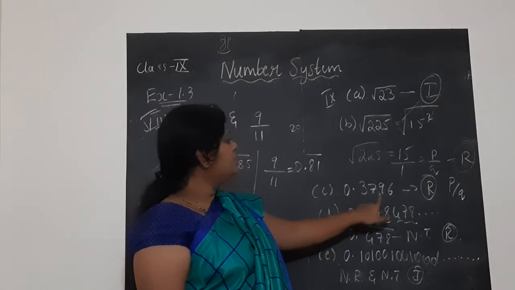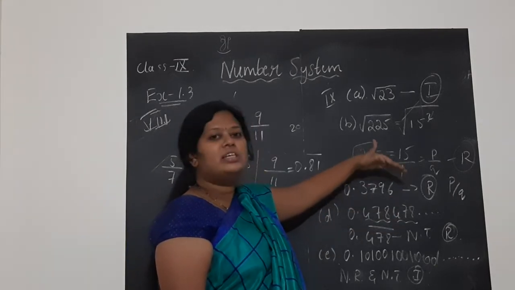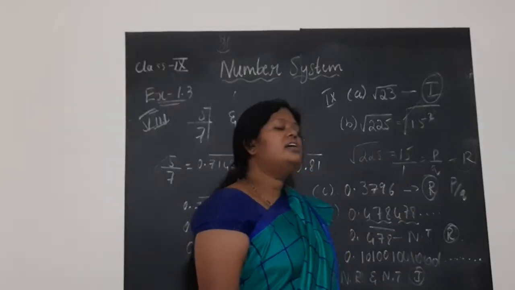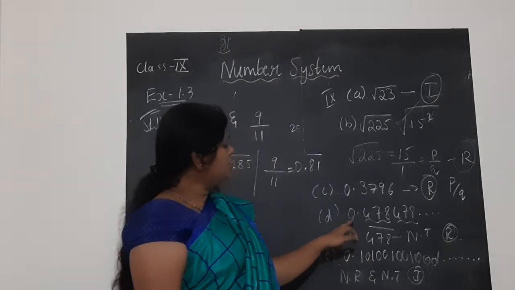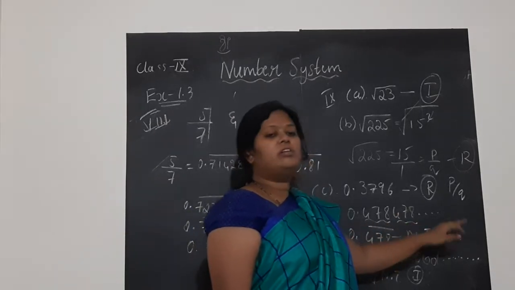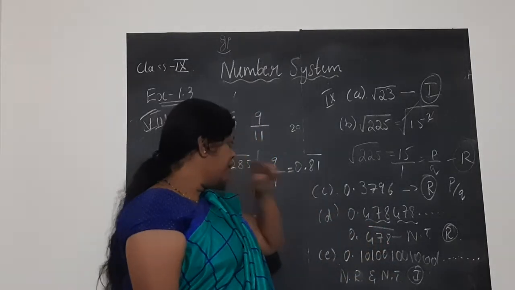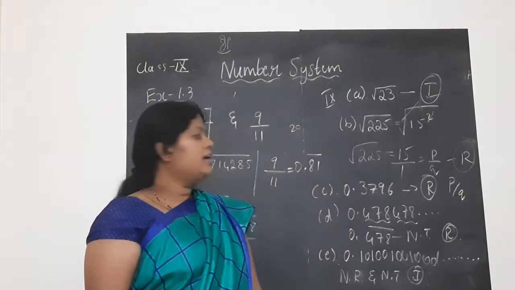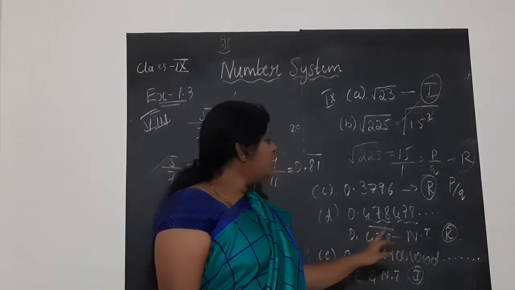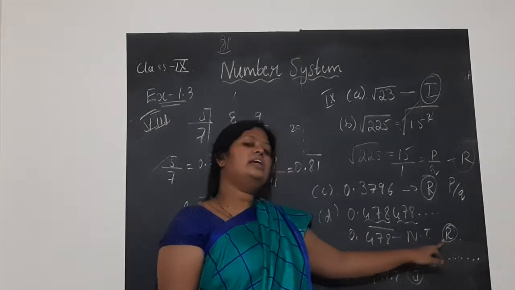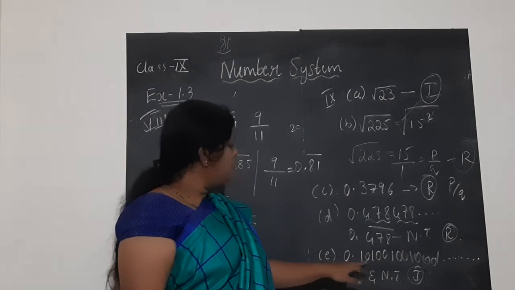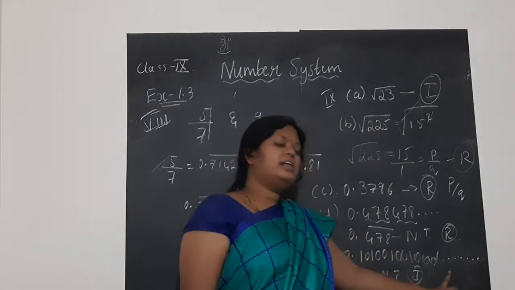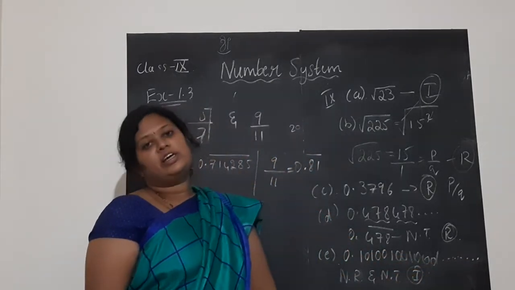Third question was 0.3796. It is terminating, or it is ending at this, and no recurring symbol, that is bar, is written on any number, hence it is a rational number. Fourth question, 0.478 etc. is there, children. So 478 is there, which means it can be written as 0.478 bar. It is not terminating, it is recurring, hence it is clearly a rational number. Here in this expansion, as we observe, children, it is not recurring nor terminating, it is continuing, which means it is clearly an irrational number.